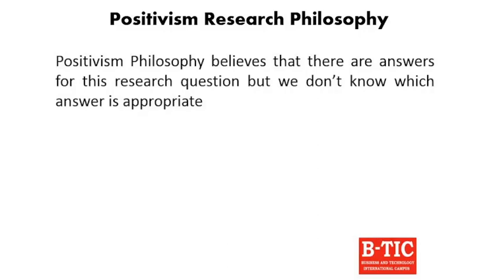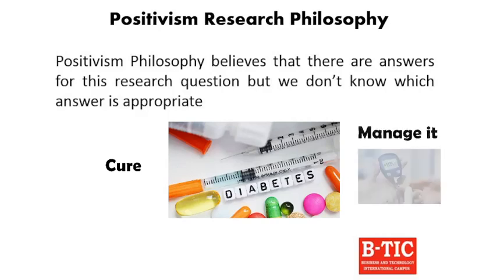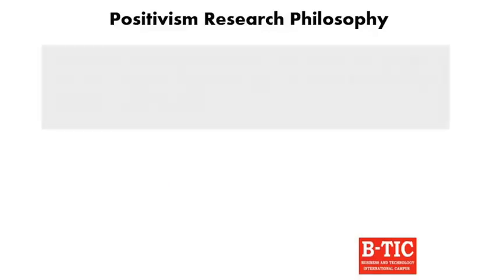Now let's talk about the blood sugar again. Curing blood sugar means getting a diabetic patient out of diabetes so he doesn't have diabetes anymore. You completely treat him, curing. And the other one is managing the blood sugar. If the blood sugar goes up, you put it down. If it goes down, you put it up. That is managing. We have enough theories to manage the blood sugar and we have no theories to cure the blood sugar. So if you want to find out some new theory to cure the blood sugar, positivism wouldn't help you at all because it cannot find out any new theory, and you have to approach with phenomenology.